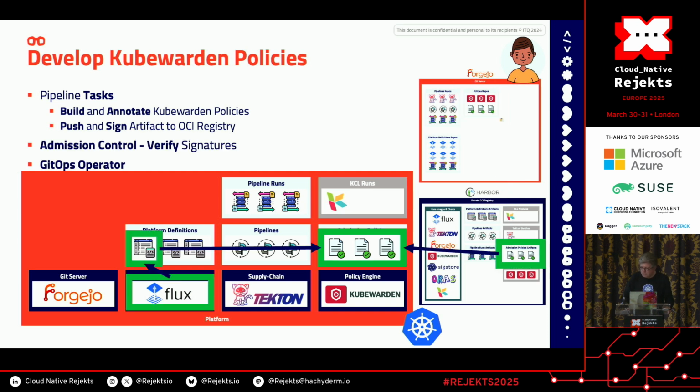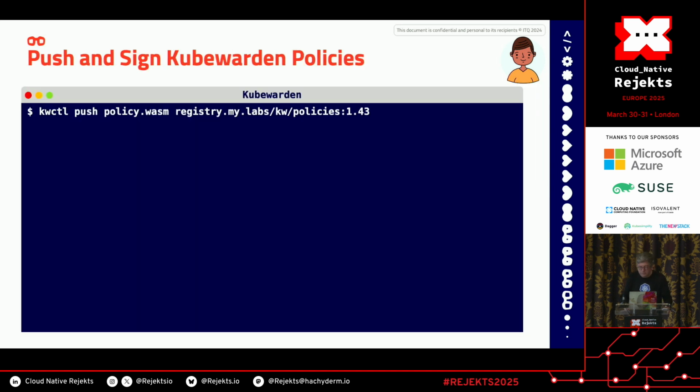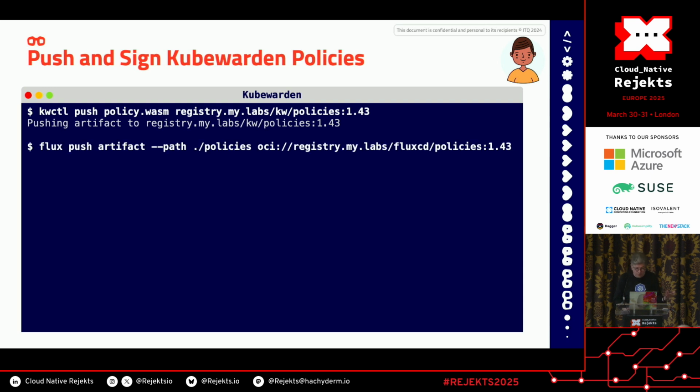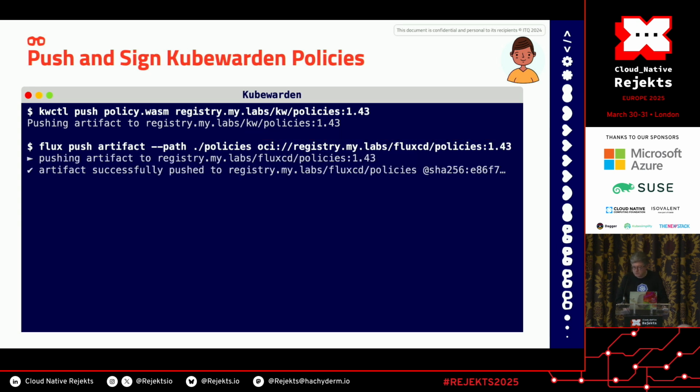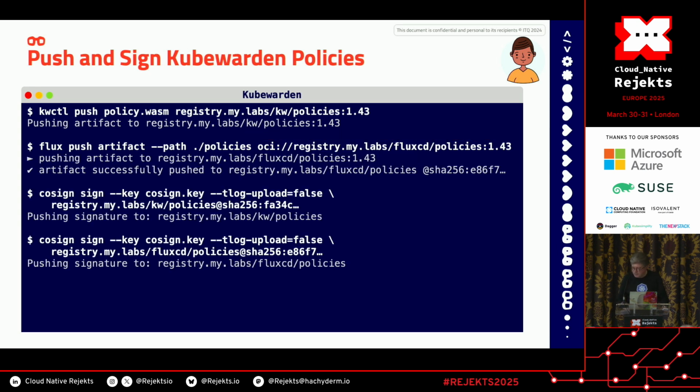The GitOps operator will pull this information after verification from the admission controller. To do so, we use the Kubewarden CLI to push the content as a regular repository in the OCI registry. And because it's whatever artifact, you can sign it afterwards. But before, we need as well to deploy the admission controller using Flux. So the admission controller is defined with a specific CRD, and Flux can push it to the registry to be fetched afterwards by the GitOps operator. And as with every content, you can sign them in the registry.